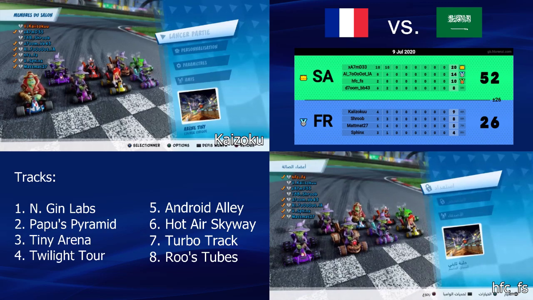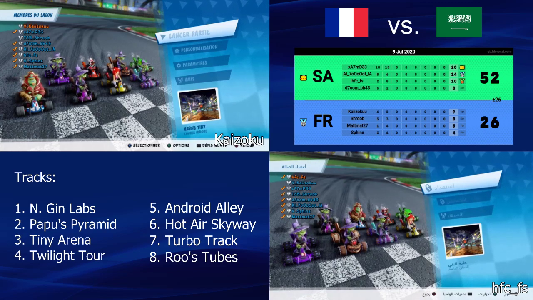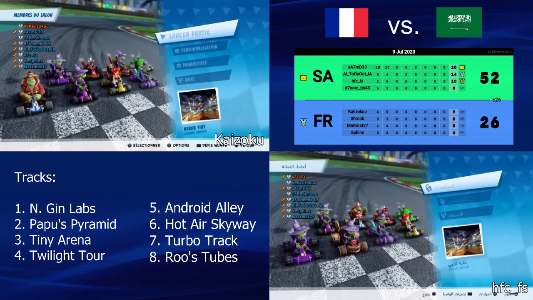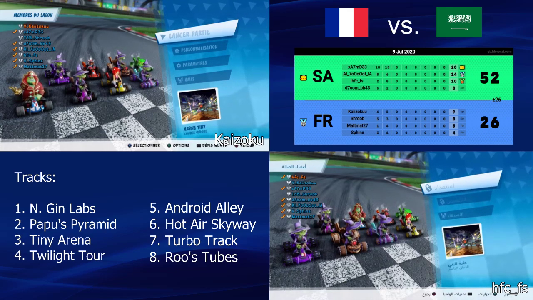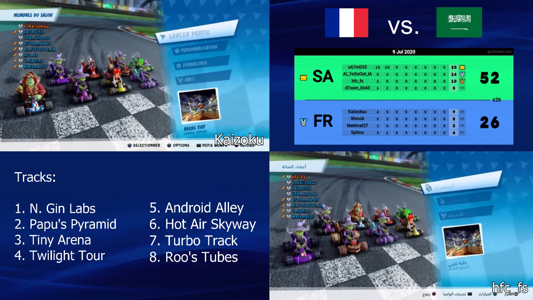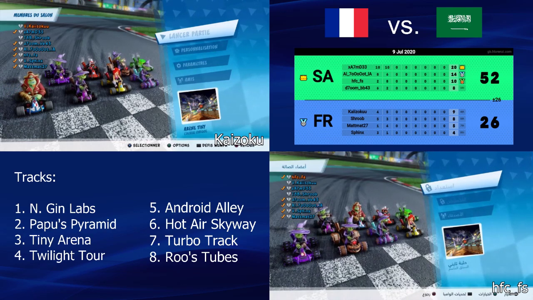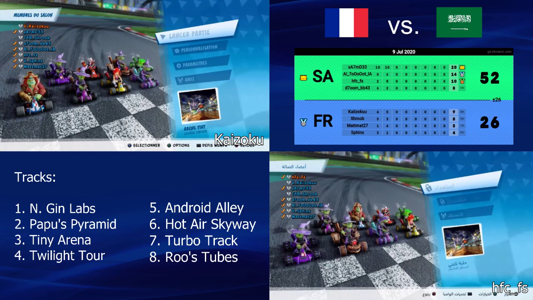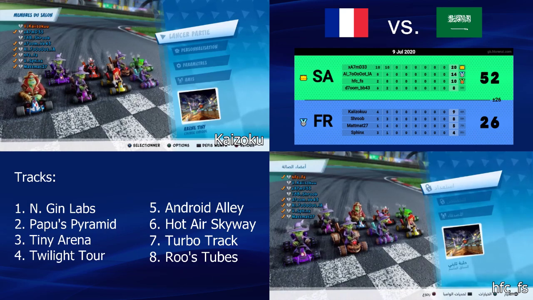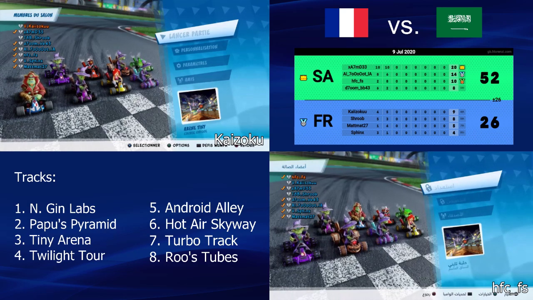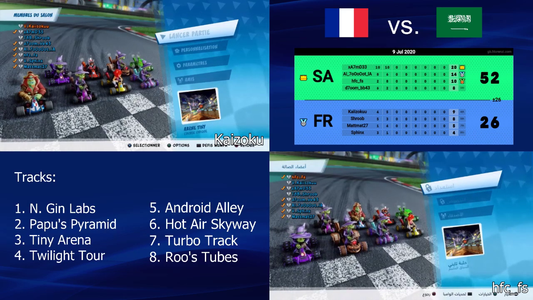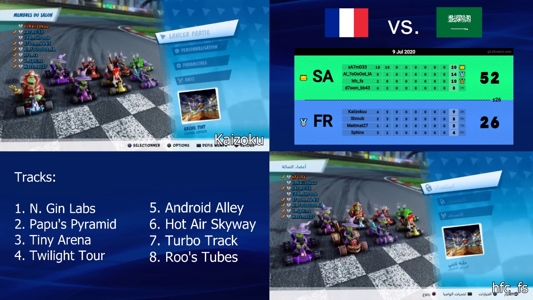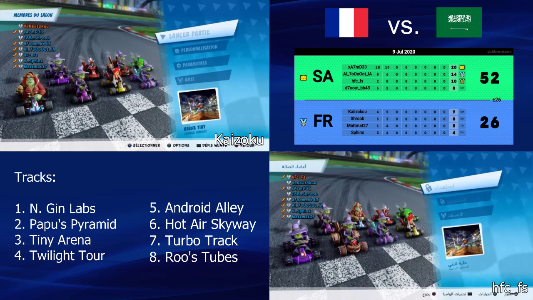HFC is a very strong player on many different tracks, and he has great times in time trial on almost all tracks. But I think Tiny Arena is one of those tracks that's not among his favorites at all. So I could see him go for item plays here. Interestingly enough, he's actually a really strong time trialer, but he will rarely go time trial lines. He will always try to go wide and fish items, and that's because time trial lines in wars can leave you in very bad situations.